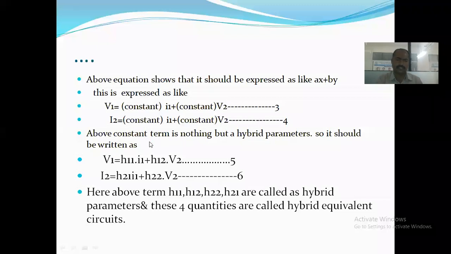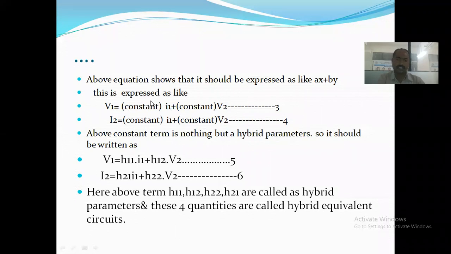What do we have to do in this case? We just analyze this equation. While analyzing the equation, notice how these terms come. We learned everything, that is correct, but why were these terms H11, H12, H21, H22 taken, and why were other terms not taken? I'll tell you the reason. See, V1 is equal to a constant times I1 plus a constant times V2, right? The constant of I1 indicates that V1 is a term with respect to the input. So here we have used a hybrid thing. That's why the H term comes here.